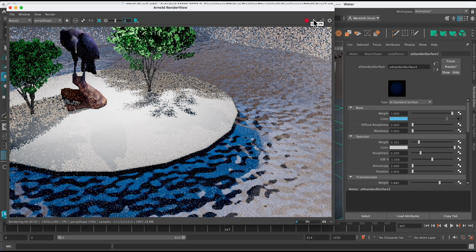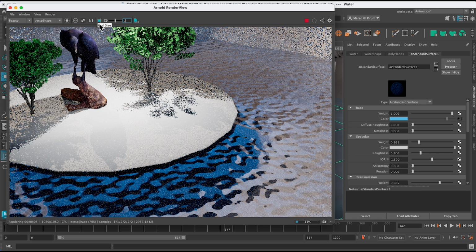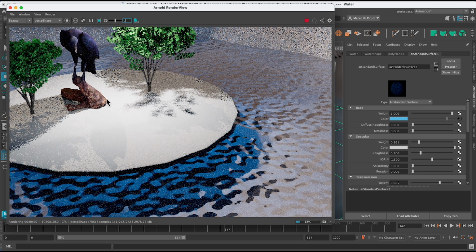Just so you know, if you want to ever just render part of something, so you don't have to render the whole thing, so you're not worried about the island right now, I can click on this area render here and then draw a square, and you can change things and see what it looks like.